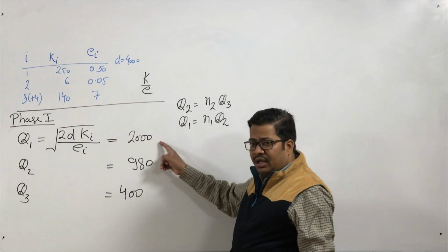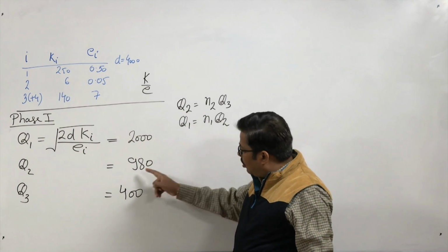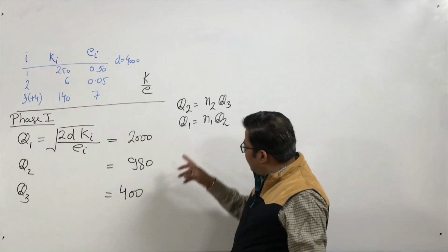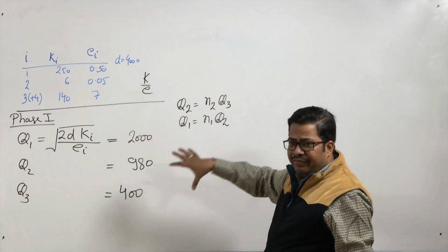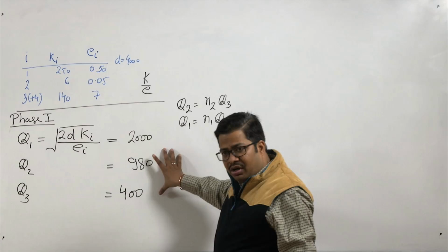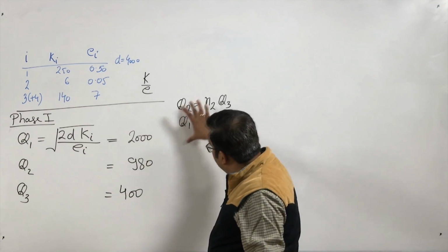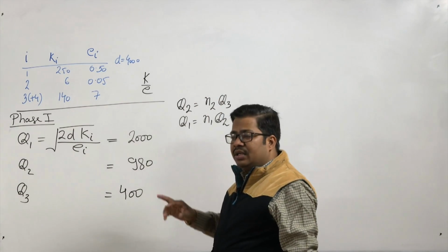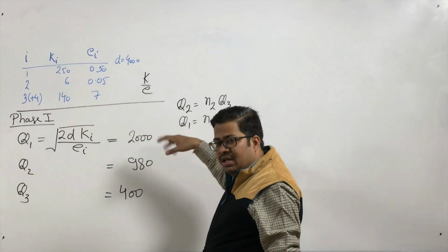Q1 is not an integer multiplier of 980. So, this condition is not fulfilled here. The solution which we got is not fulfilling the required condition, and this condition is only for the 2 installation